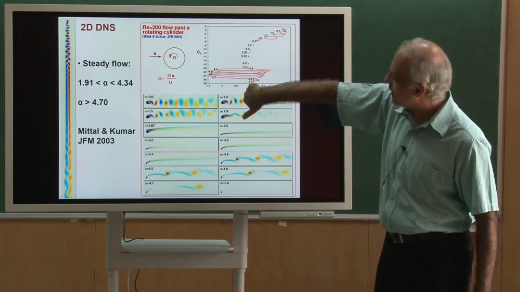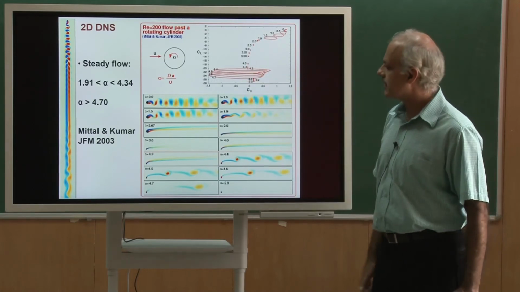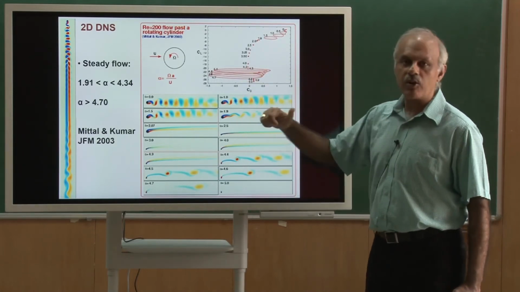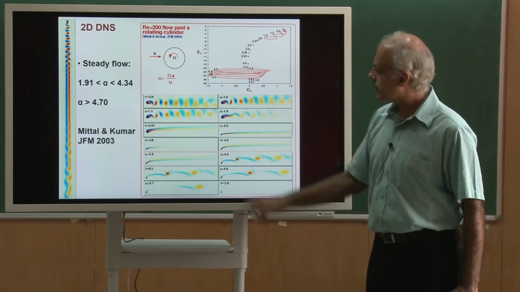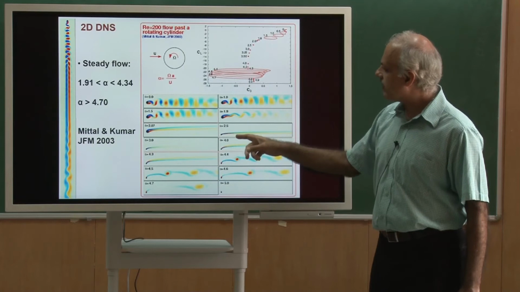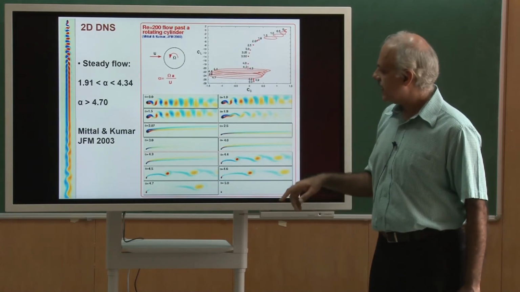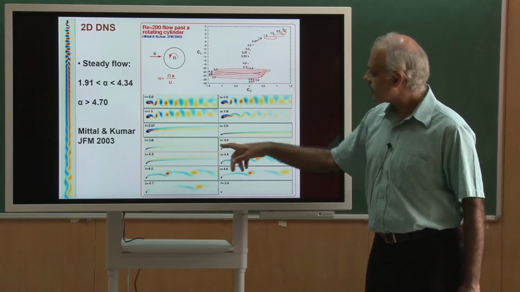Okay. So this is a 2-dimensional flow. So blue is negative, so it is going into the plane of the screen. Red is positive, it is coming out of the plane of the screen. So that is the situation at alpha equal to 2. As you increase alpha, this vorticity kind of wraps around the cylinder, and you would see that after some time,